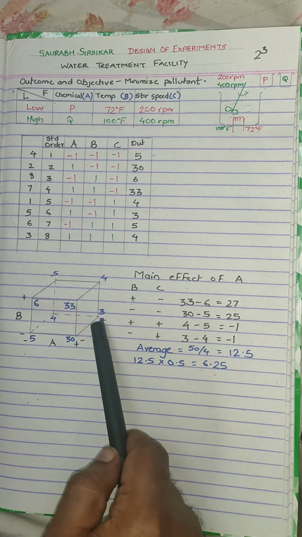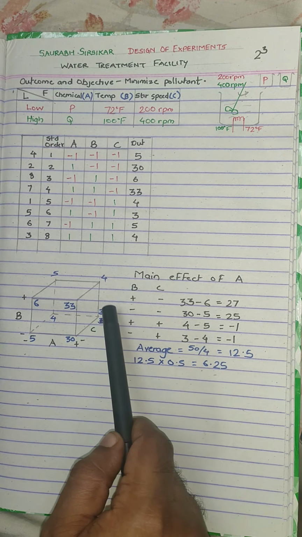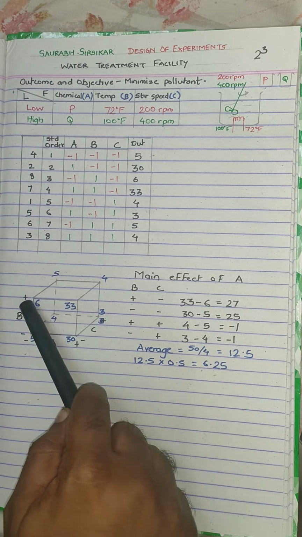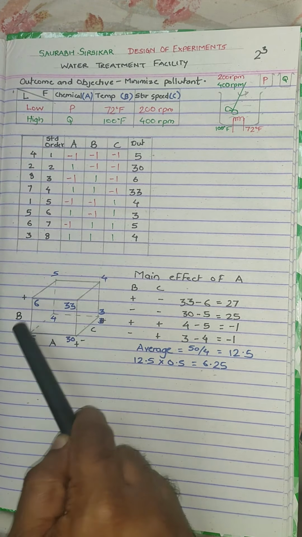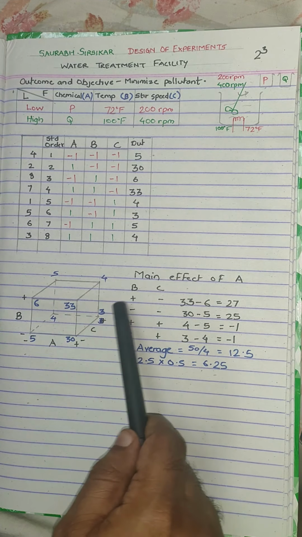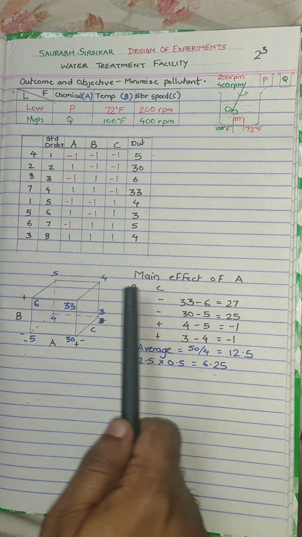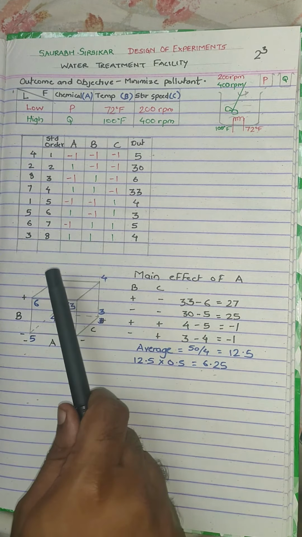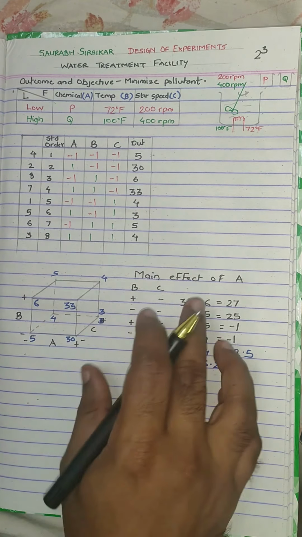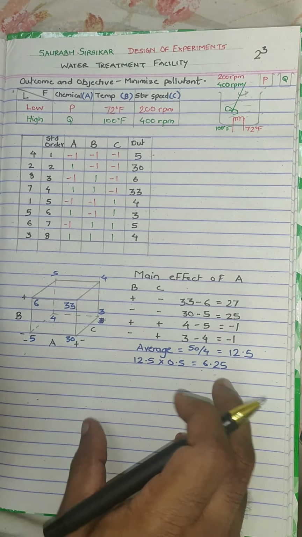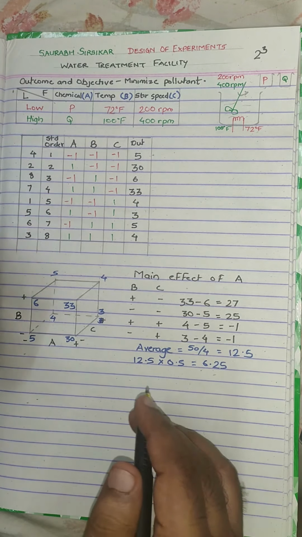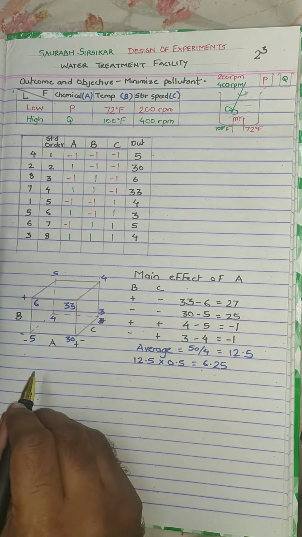Similarly, if I want the main effect of C, I will do 3 minus 30, 4 minus 33, 5 minus 6 and 4 minus 5. The differences I get, I will average them and report half of that value in the equation of the predictive model. So this is how you do the main effect. I am not going to write all of it here because it will be very tedious and the video will be very long. So we don't want that.